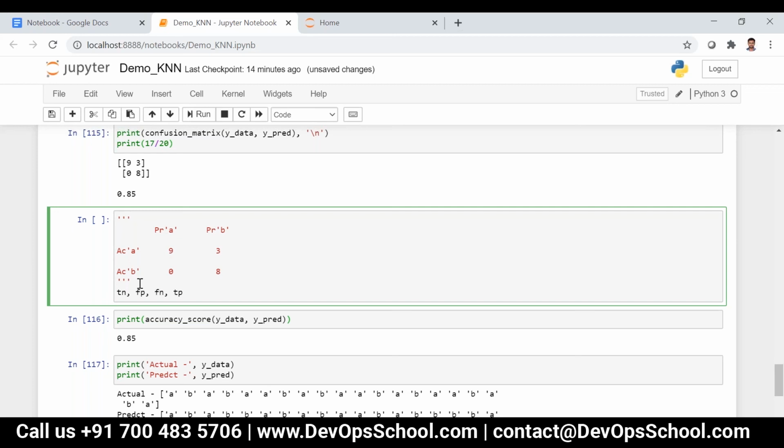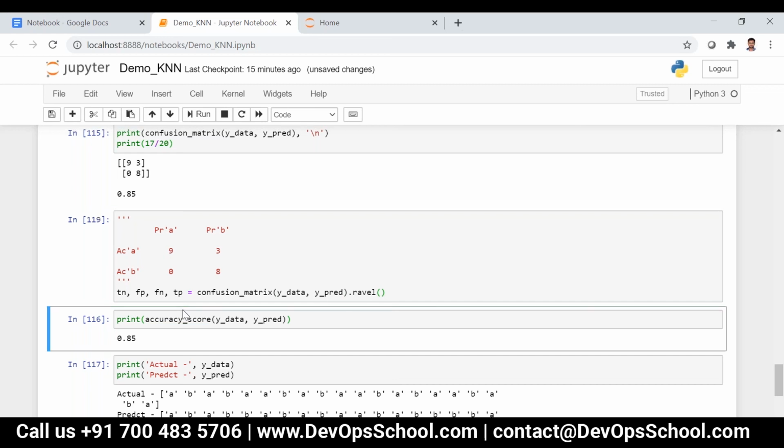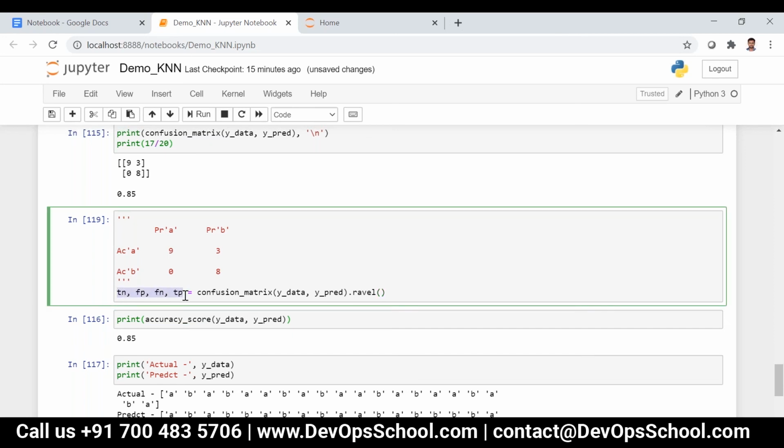So confusion matrix of y_data comma y_predict dot ravel. Each and every value will be assigned.